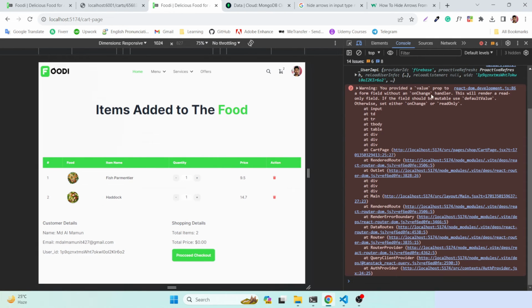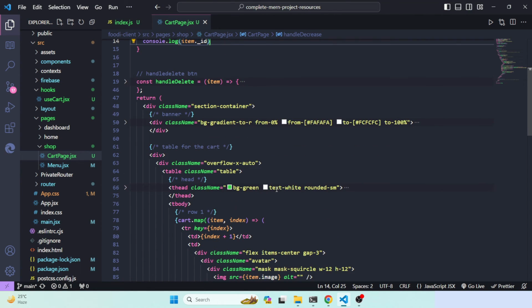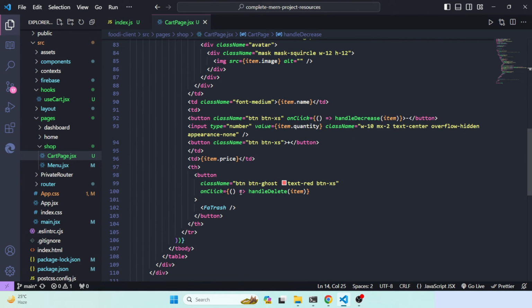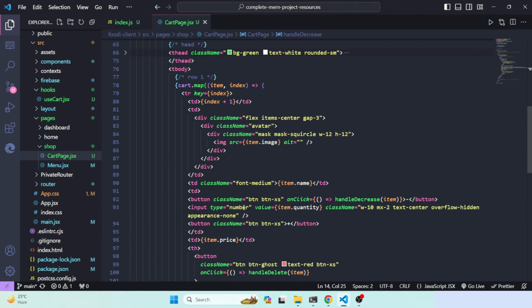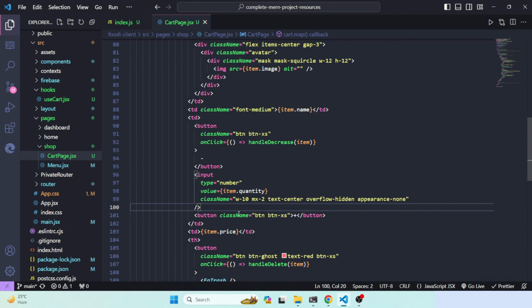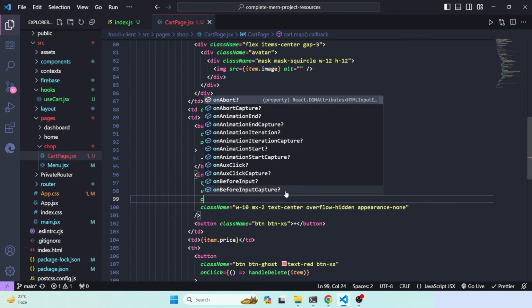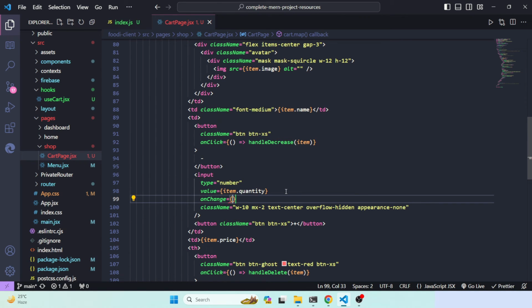And how you can remove these issues: it says you have to provide a value prop. So here one change, we have to add an onChange to the input field. So here is the input field. Let me format this code. Now you can see this is the input field, and here we'll actually have to use onChange, and then we'll define a